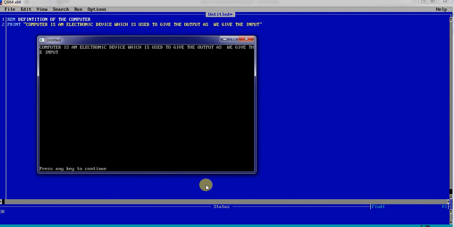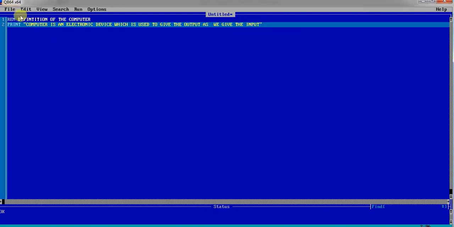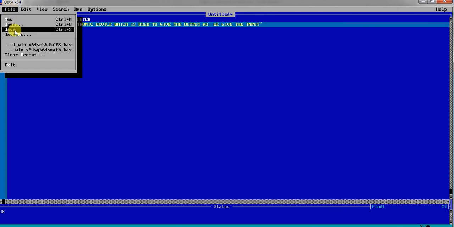Okay, I think you have got this, and hopefully you can do this in a simple way. You can also type various types of strings or numerals in this way. You can also save it. If you want to save this, then go to the file menu and save.